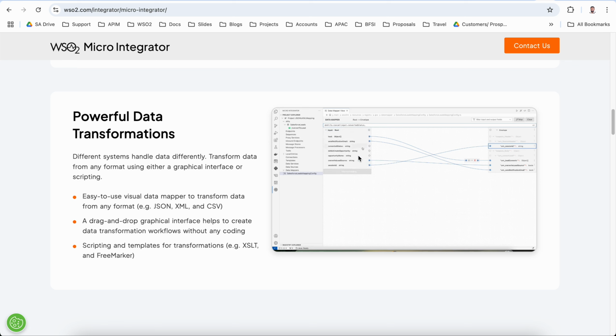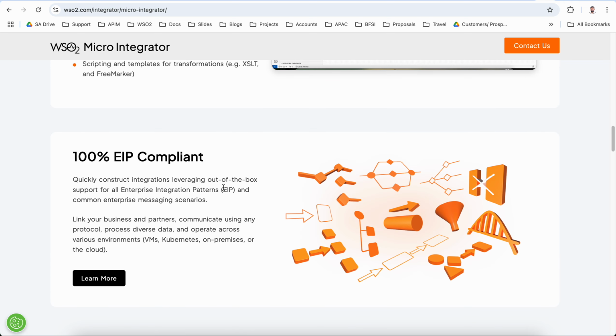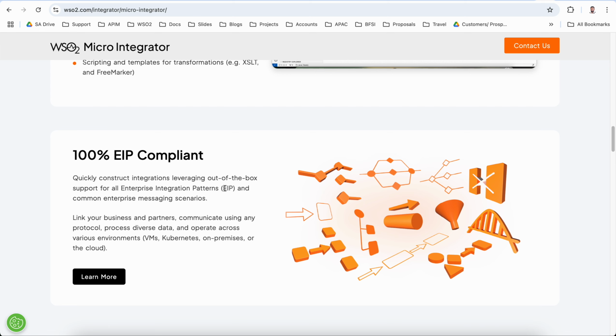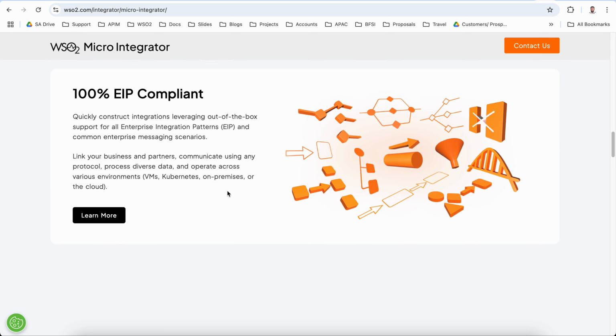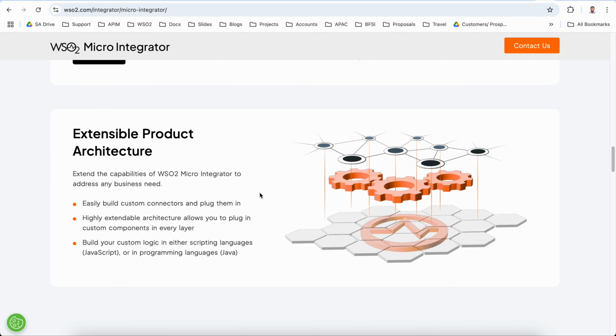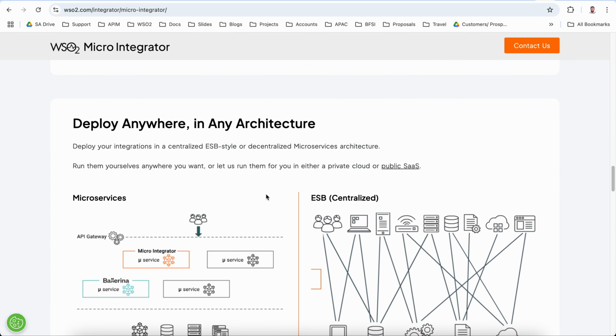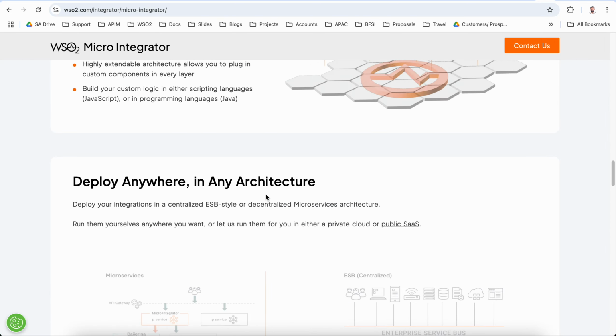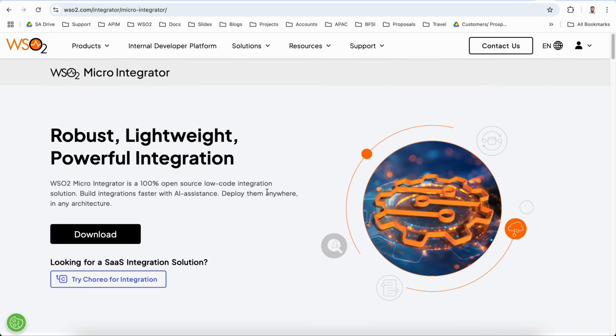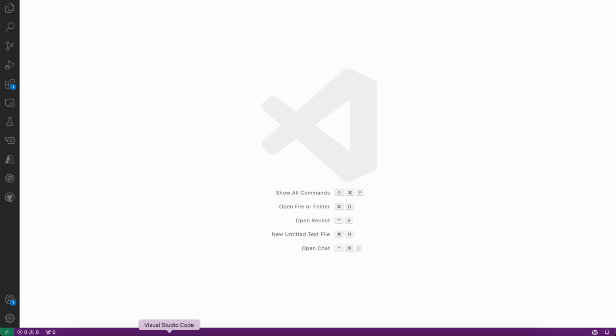As you can see, you can transform from one format to another using the data mapper mediator. And we have 100% enterprise integration pattern compatibility with this tool, right? Okay, so let me open up VS Code,